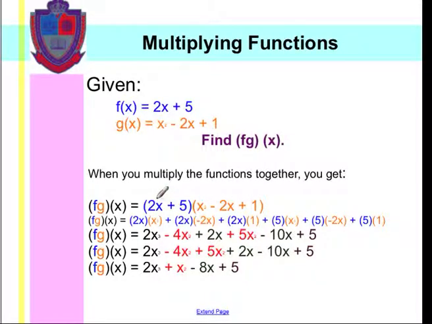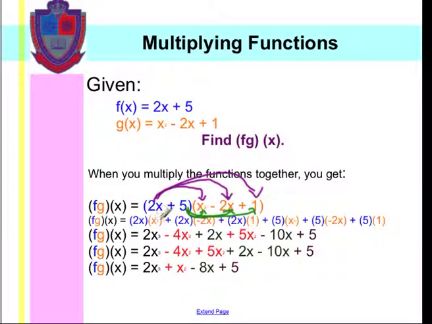So I'm going to use the distributive property. Take 2x over to x squared, take 2x over to minus 2x, take 2x over to 1. After I do this, I'm going to do the same thing with 5. 5 goes to x squared, 5 goes to negative 2x, 5 goes to 1. Notice I put them in the same color coding. So when I do that, my next step is to just